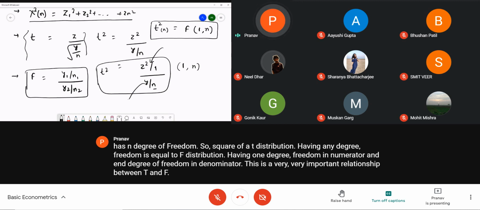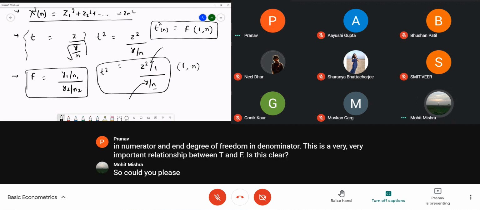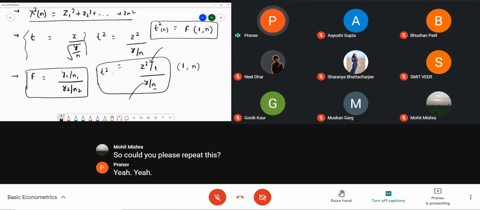Is this clear? Could you please repeat this, sir? Yeah. ये मेरा T expression है, इसमें तो कोई दिक्कत नहीं है आपको. T is a ratio of